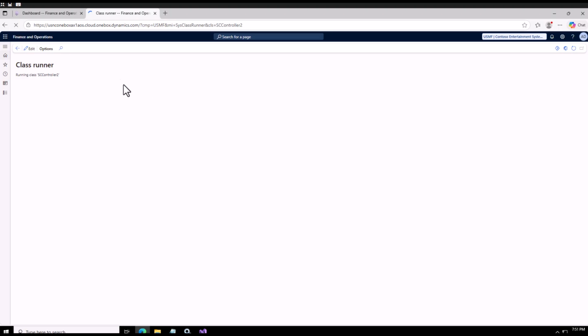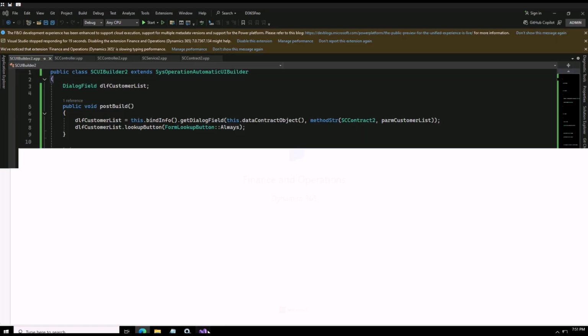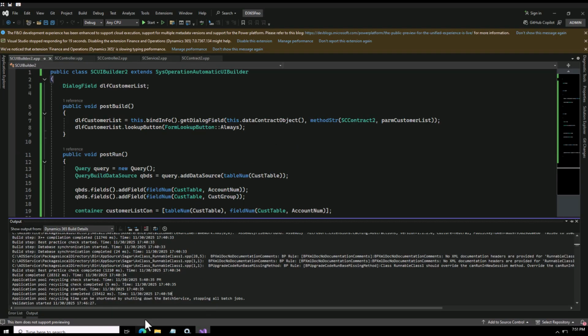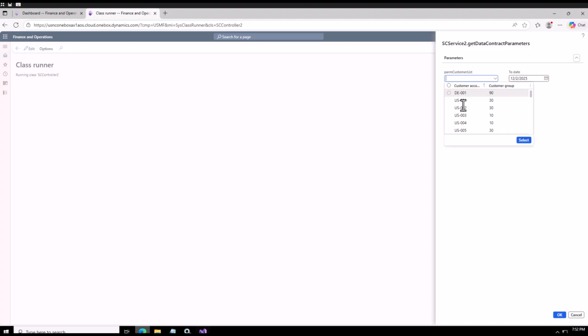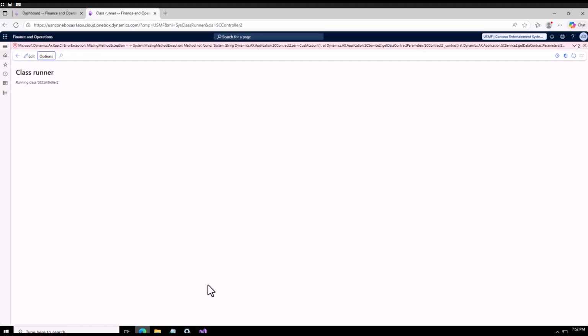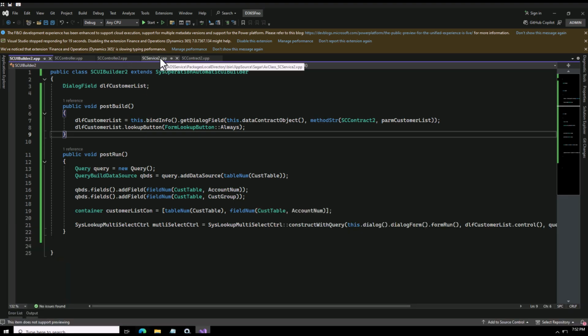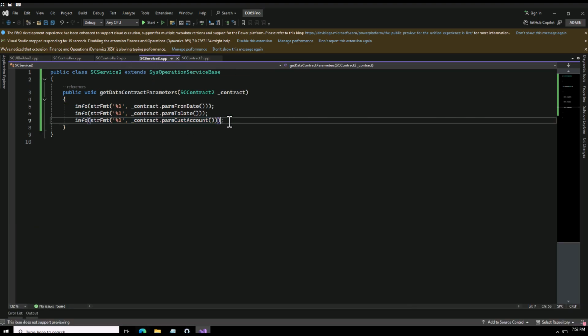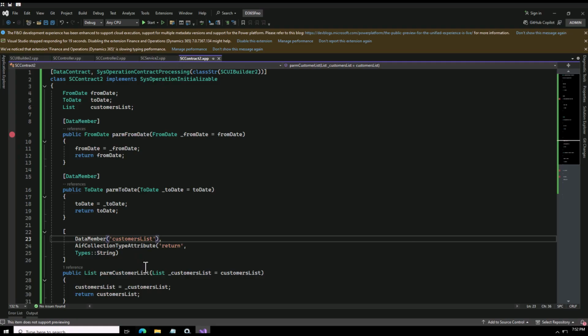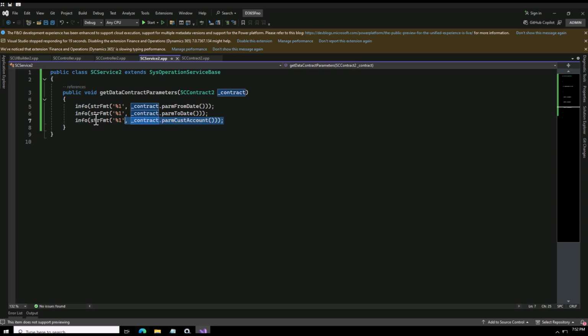Right guys, so the build is completed, but I think one thing that I forgot here. So let me tell you, see, the lookup is available, even we can select multiple records, but I will click on select. So that is going to give me an issue, because the reason for that is in my service here I have simply used this. Let me go back here. So it's param customer list, so I'm going to get a list. So now what I will need to do, I'll need to